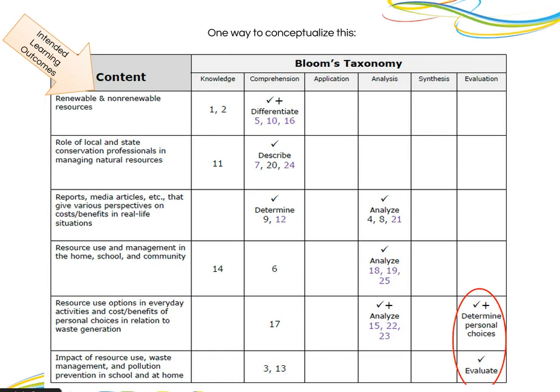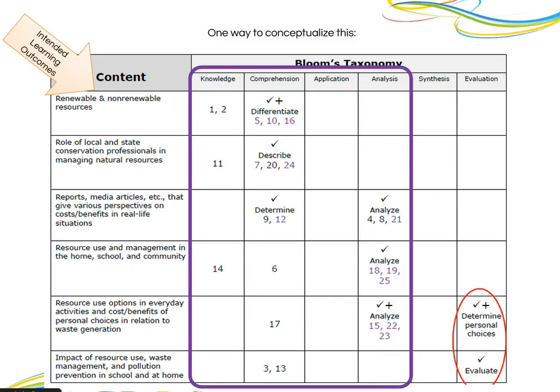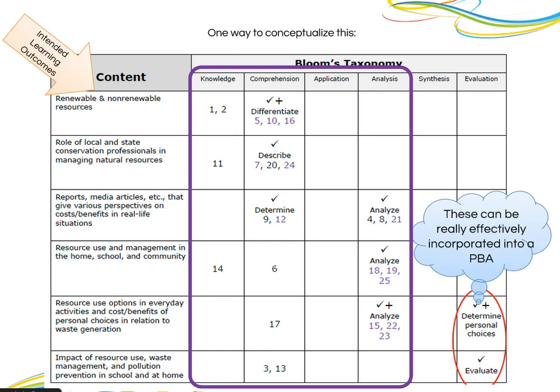This is an example of one team's intended learning outcomes for Standard 311. They took those intended learning outcomes, looked at the level and depth according to Bloom's taxonomy, and made the determination to create a 25-question test to address the items on the left side of this grid. They then created a performance-based assessment where it would be most effective for those two evaluation level pieces you see